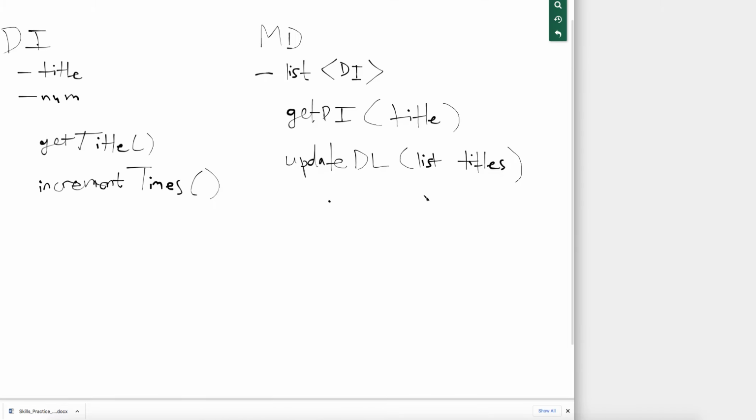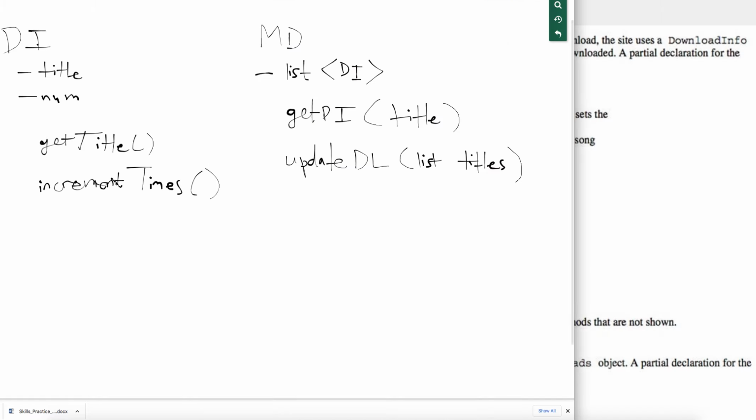All right. We have this DownloadInfo object, right? And then we have a MusicDownloads class. The MusicDownloads class has a list of DownloadInfo objects, which are titles and number of times downloaded. So this is an example of composition, where objects of one class contain as instance variables objects of another class. Composition. So here we have our MusicDownloads object,